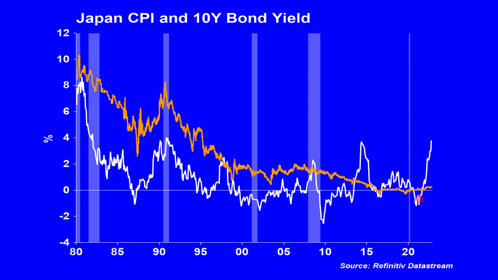But CPI in Japan has been picking up. It's been delayed relative to other regions, but it is picking up. If you have inflation picking up in Japan, so that real returns for Japanese assets is actually still falling, even if global yields have already peaked, then you could still see some pressure in Japan. And the reason why that matters is that if yields in Japan go up to 1%, 1.5%, they will have a knock-on effect into all other markets. So US yields will go up, European yields will go up. They might not beat the levels that they've previously got to, but they will still be impacted if Japan walks away. So Japan will be watching critically its own inflation story.